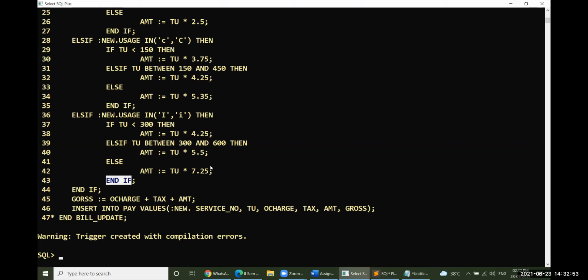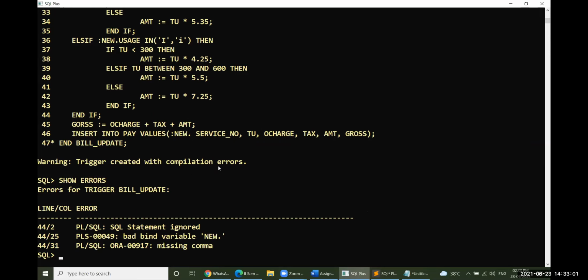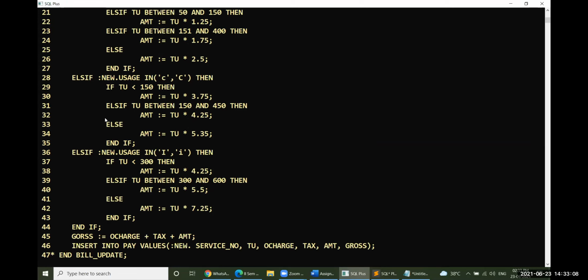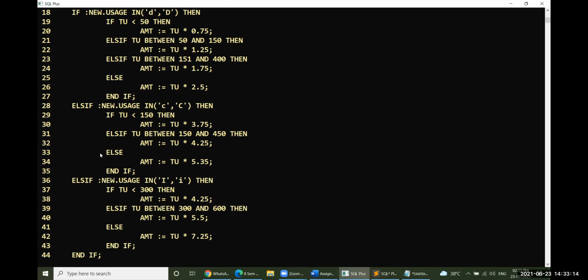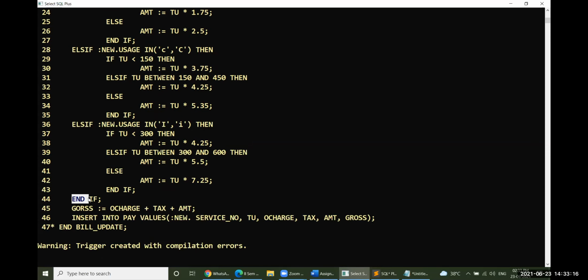So the mistake will be, show errors. Line 44 is END IF. Yes, ELSIF, ELSIF has been closed.